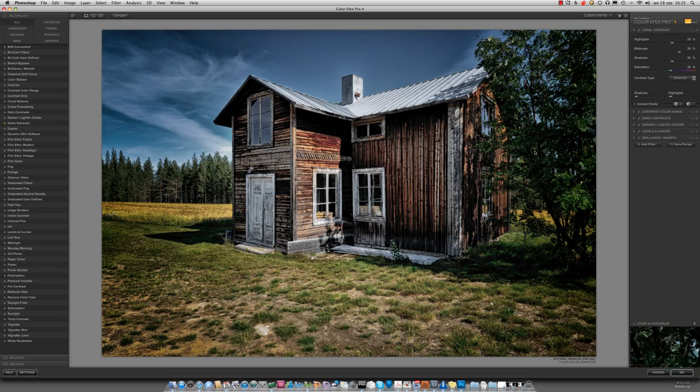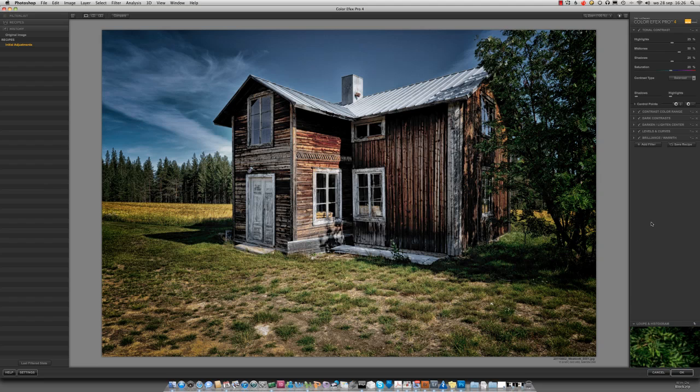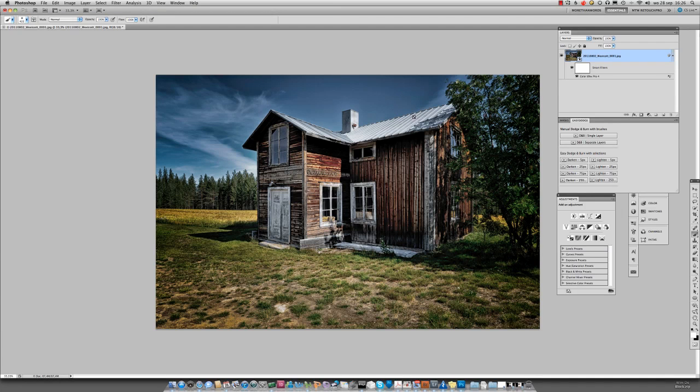The only thing that you don't have anymore is the history, which is actually also a new feature found in ColorFX Pro 4. You have a complete history of all the steps you have, but as I mentioned here, when you reopen it in a smart filter, the history gets reset to 0, but you still have all your effects in place. Okay. A third advantage of using smart filters is that you can actually tweak the opacity of the